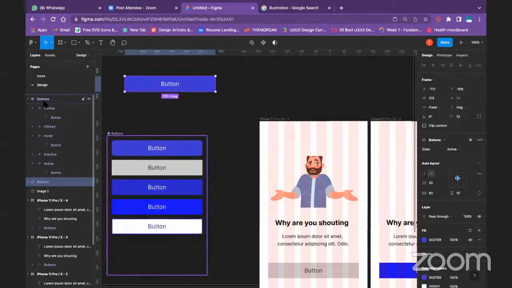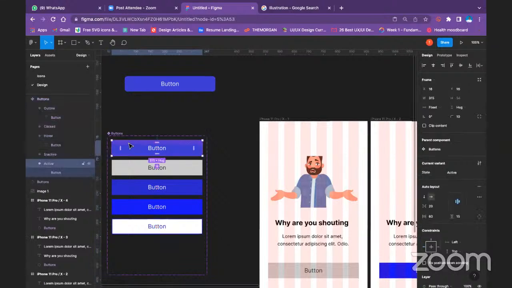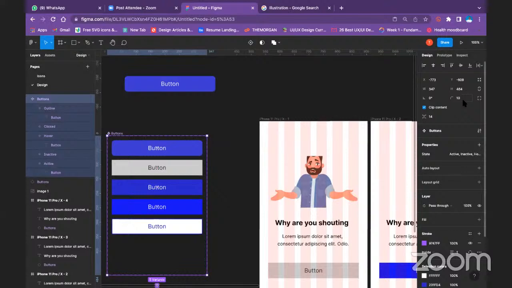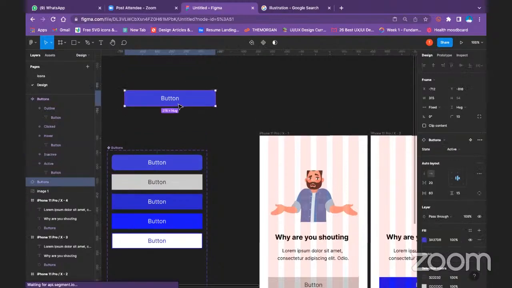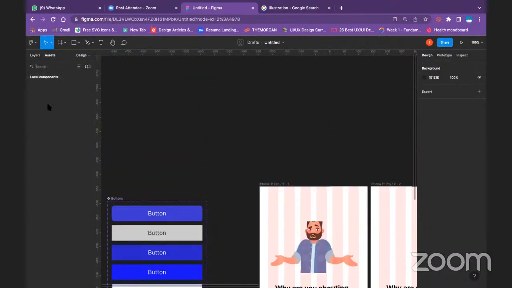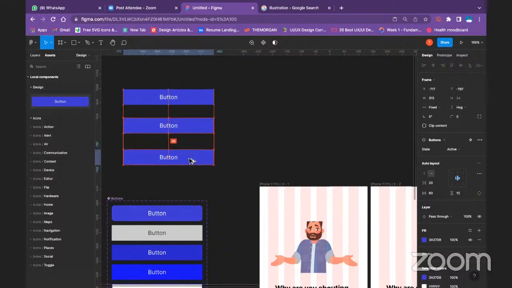Or is it that I'm not selecting my parent button? This is my parent button, and okay. So let's go back to local component, drag this out. This is 0. Let's make it 0. Let me be sure that it's variants. So this is it. And if I add 10,